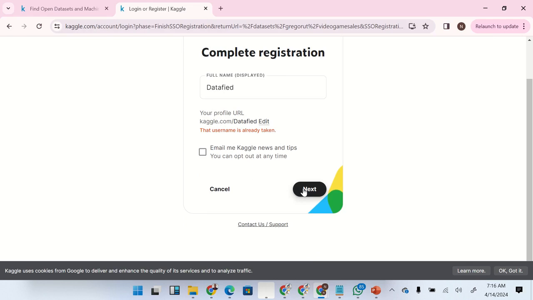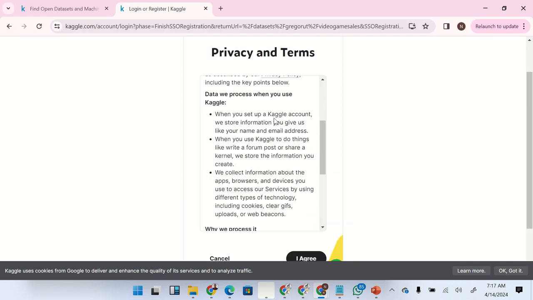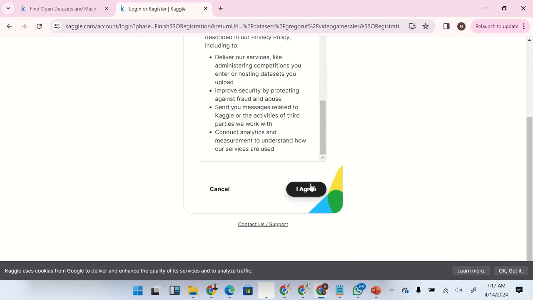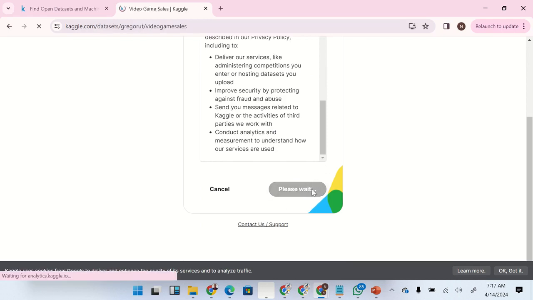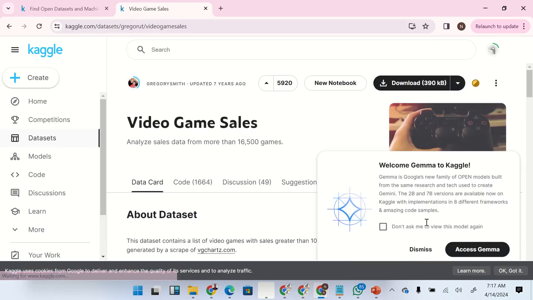Let's check this. Have I gotten any feedback? I think the account's also taken. Let me try verified.academy, and then I click on next. That's my display name. All right, great. That name is available. So you click on I agree, and you wait for a while for this account to be created. Awesome. Right now you have the account being created for you, and that is it.